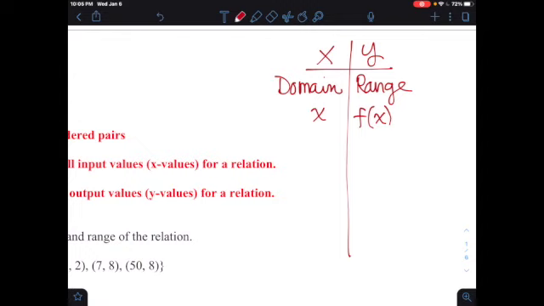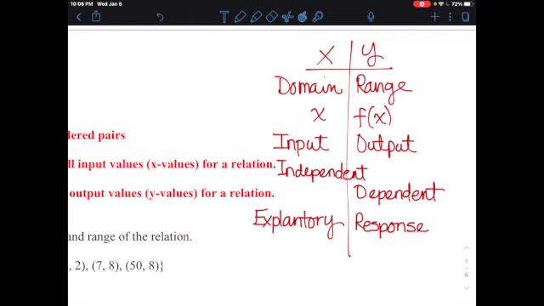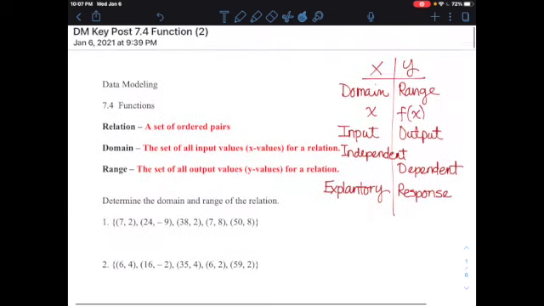Then you guys have the input and the output. And you also have the independent, and then you also have the dependent. Think from chapter 2, that's the explanatory, and you have the response. All those things, depending on the situation, mean kind of the same thing. Doing your problems, keep that in mind. I don't know which one will be helpful, but as we go on discussing, using those words,